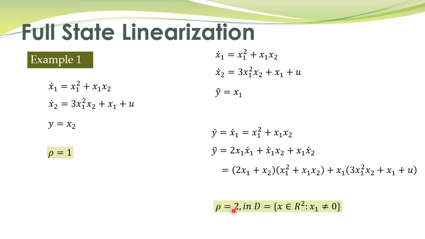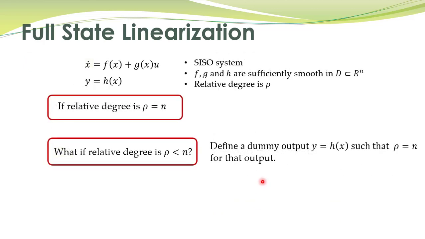Of course, not in the entire state space, but in a subset of the state space. So the procedure is now clear. If relative degree is less than n, we define a dummy output such that the relative degree is equal to